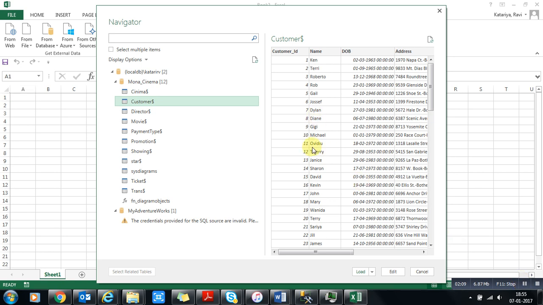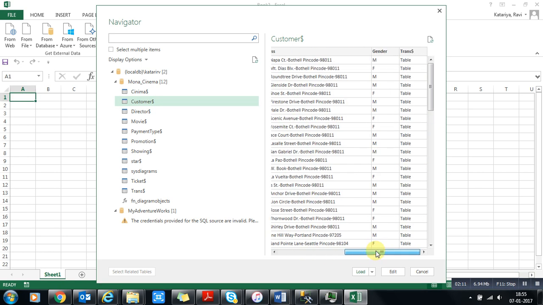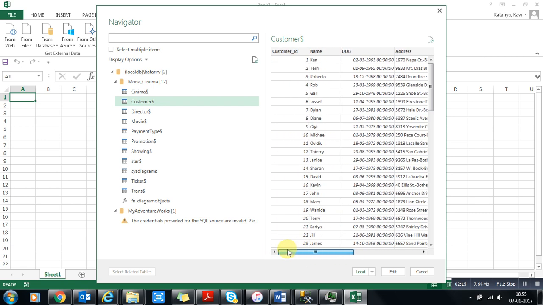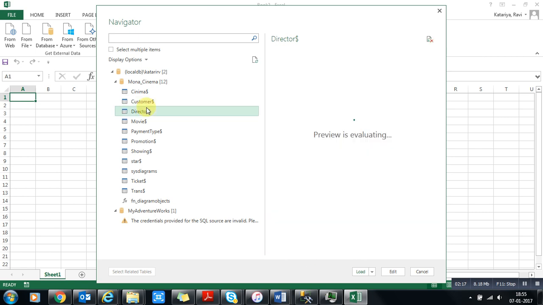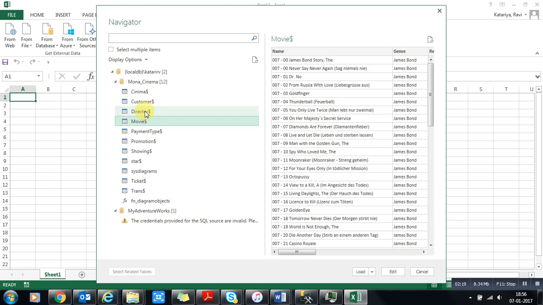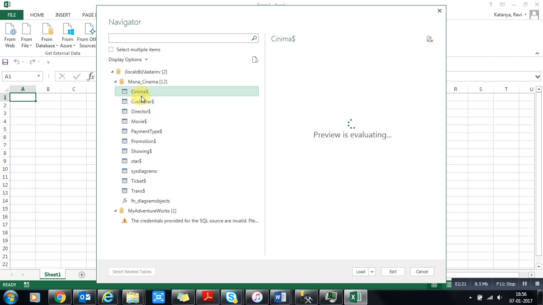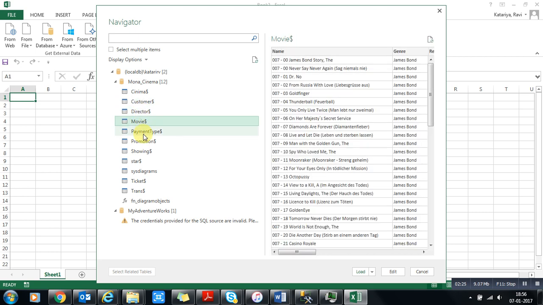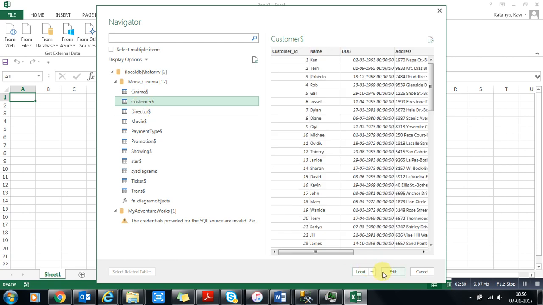You can see we have a table here which belongs to the customer, with customer name, customer address, and so on. You can easily see we have so many tables here. Let's suppose I want to fetch the first customer table, and I want to load it.